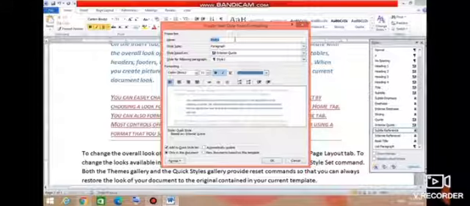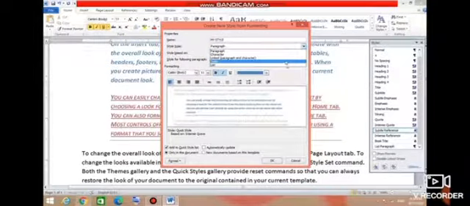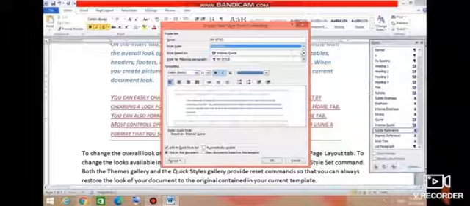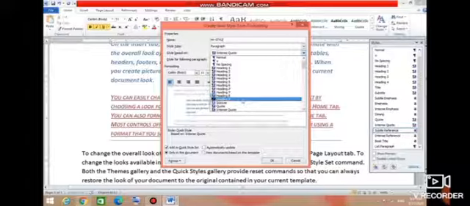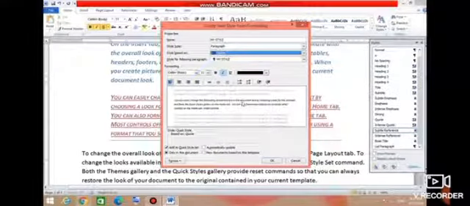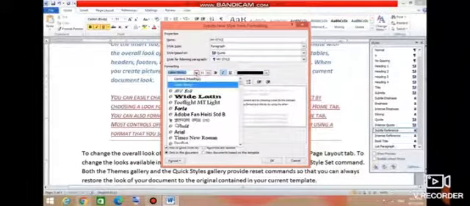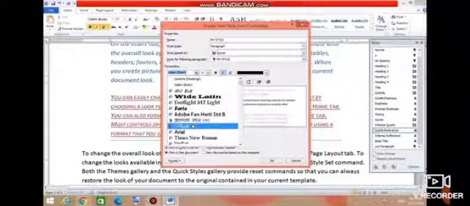The create new style from formatting dialog box opens. Set the properties of the style such as name, style type and others in the properties section. We can select the formatting options such as font size, font color, alignment, etc. from the formatting section. Here I'm setting the properties. Style name, I have given my style. Font type, select your font type here.